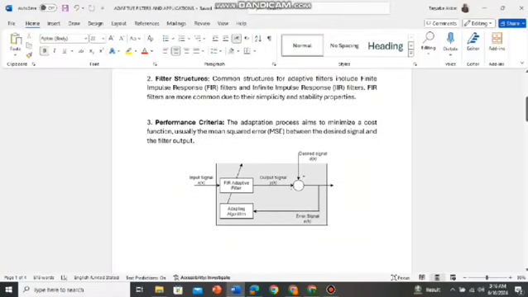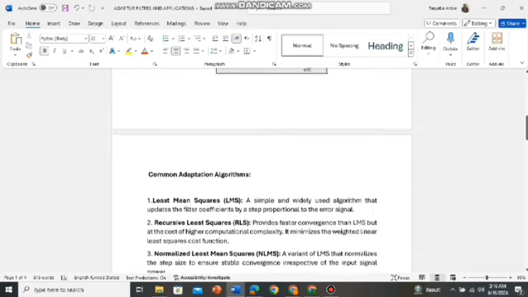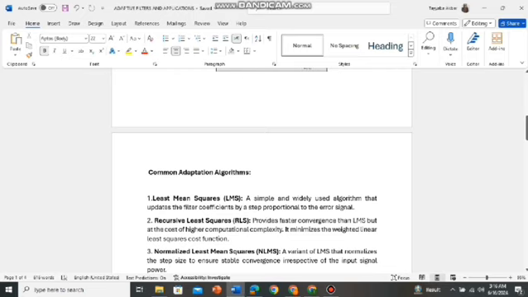Now we look at this picture, where an IIR filter is present. The input signal adds up in the IIR filter and the error signal also adds up, and we get our desired output or desired signal. Now in the common adaptation algorithms, we see the least mean square, recursive least square, normalized